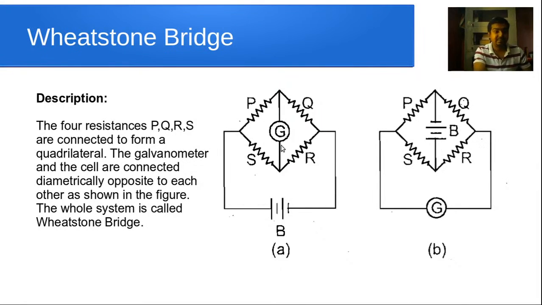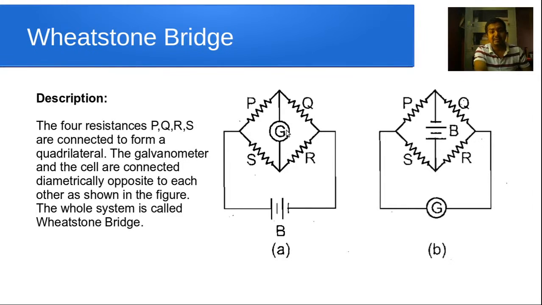a quadrilateral system. The galvanometer is connected in the P and Q junction and the S and R junction, and the battery is connected in the opposite junction, meaning the P and S junction and the Q and R junction. Okay, and this type of diagram is correct. Also, this other type of diagram is correct, meaning here